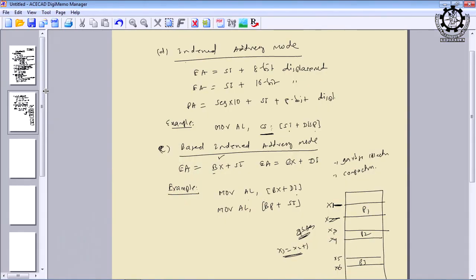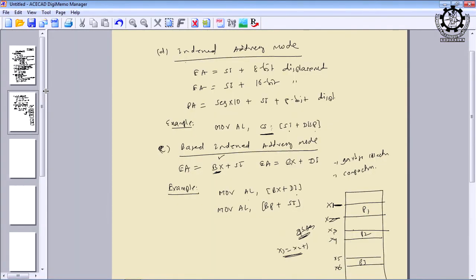So, if you change the base register content by the gap between 2 programs, this program P2 will be shifted or transferred to start from the memory location just after the previous program. That facility is possible if you change the base register BX value, and this BX register can be managed by the operating system or any system routine. We call it the system software, right.